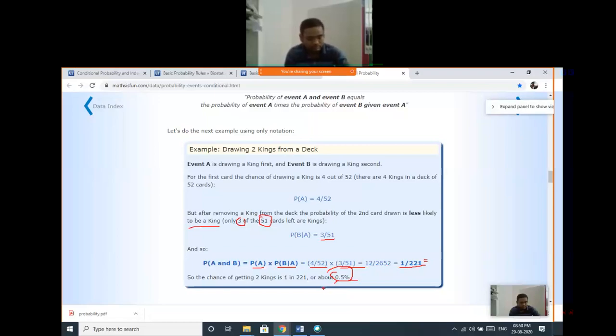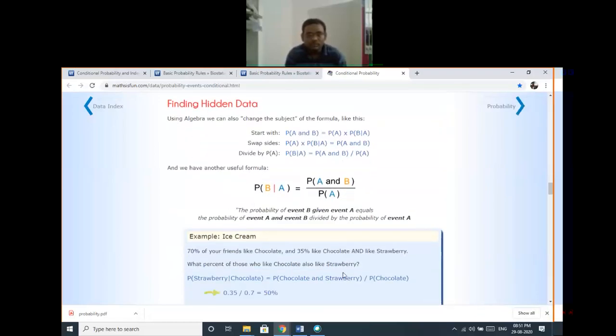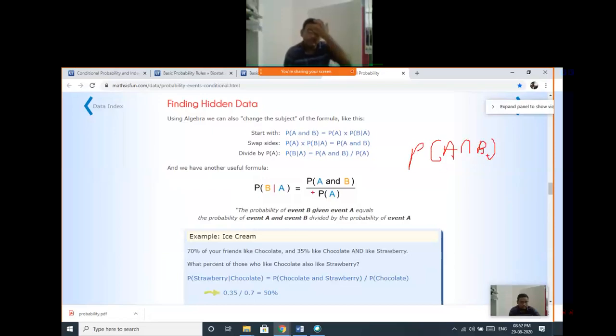Okay. So now this is called conditional probability. When we have to calculate the probability of B when A has already occurred, you can calculate it using this formula. That is probability of A and B, which we can write like this: probability of A intersection B. So that you can calculate and put over here.